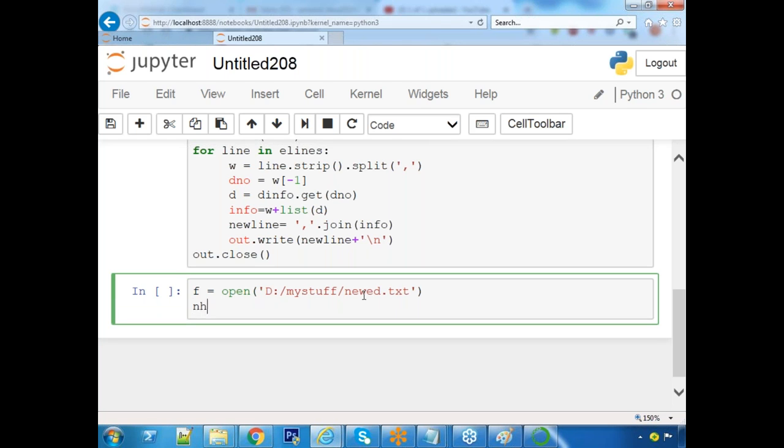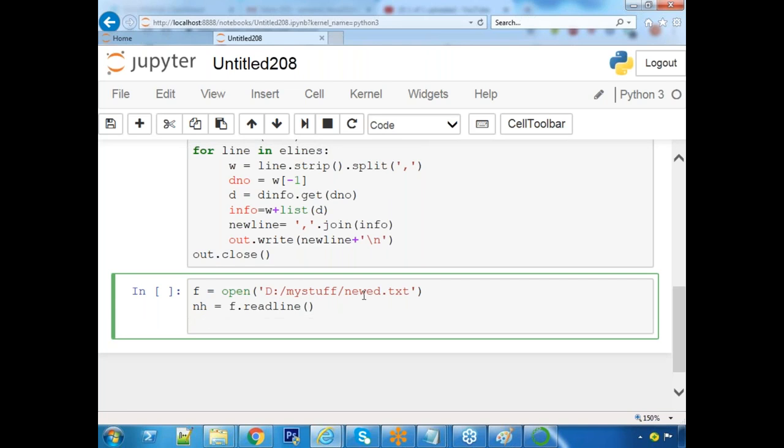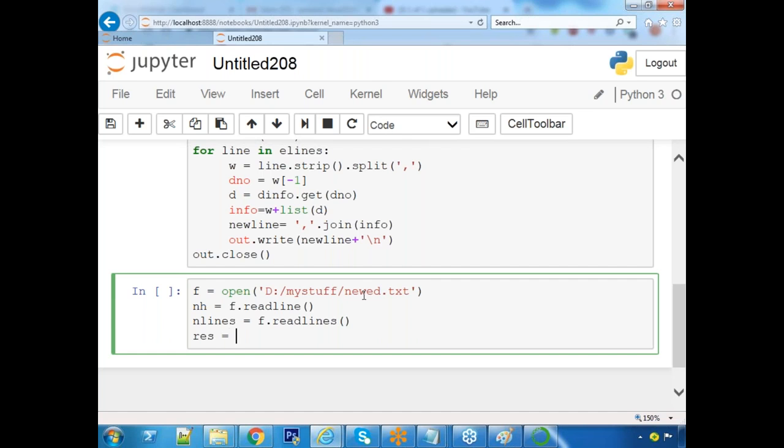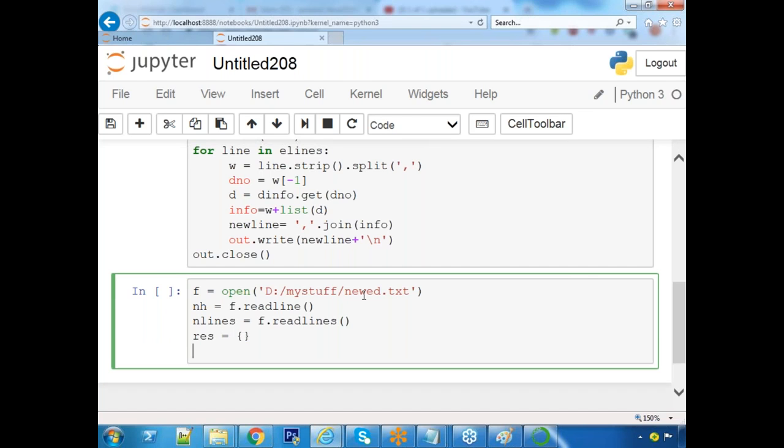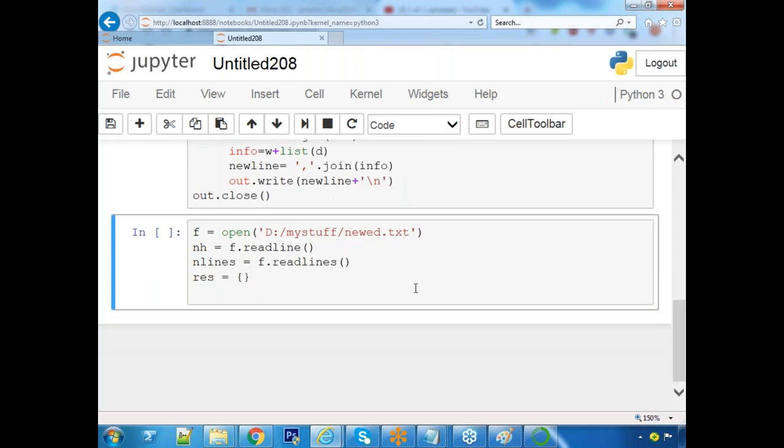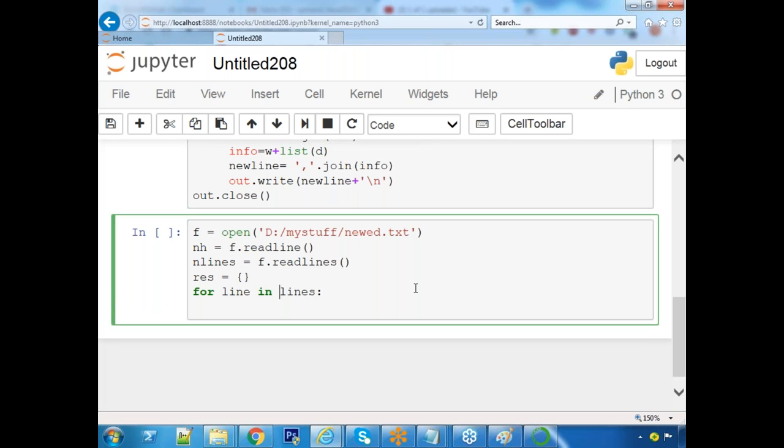Let's say new h, new header, f dot readline, lines, n lines I'm giving, f dot readlines. The dictionary result I want. One empty dictionary I'm taking at the beginning. Run a loop now. For line in lines, n lines.